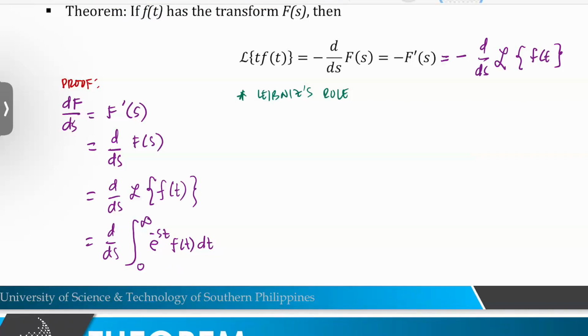Now, if you want to get the derivative of this whole expression, class, with respect to s, and t is considered here as a variable, but we want to get the derivative of, again, this whole expression with respect to s. Now, when we move it inside the integral, class,